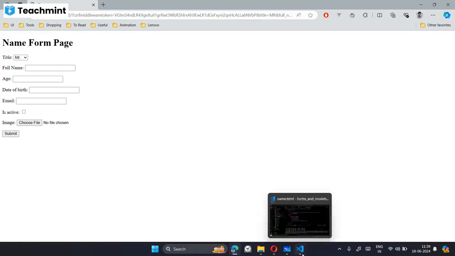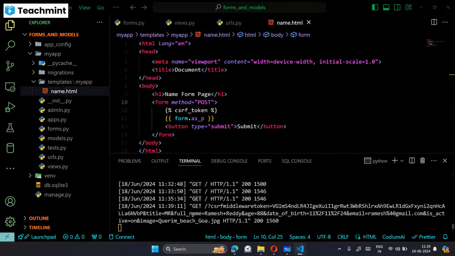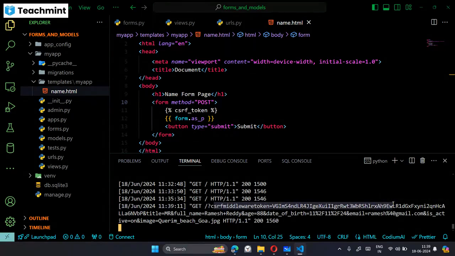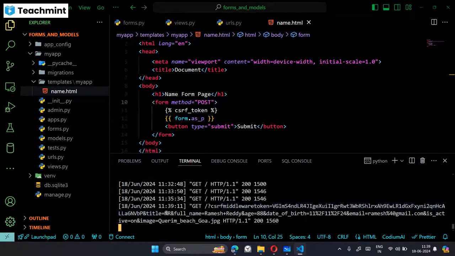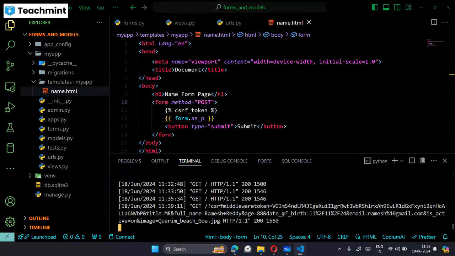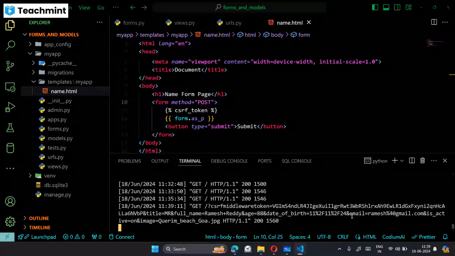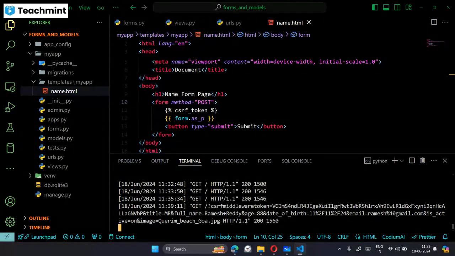So here what happened is, if you see here, all the data got sent in the URL. Using the CSRF middleware token, you can see the encrypted token which is added to this URL, and the title, Mr. or whatever, full name Ramesh, age 88, date of birth, email, everything will be sent in the form request. Okay. So now to read that request in the front end,